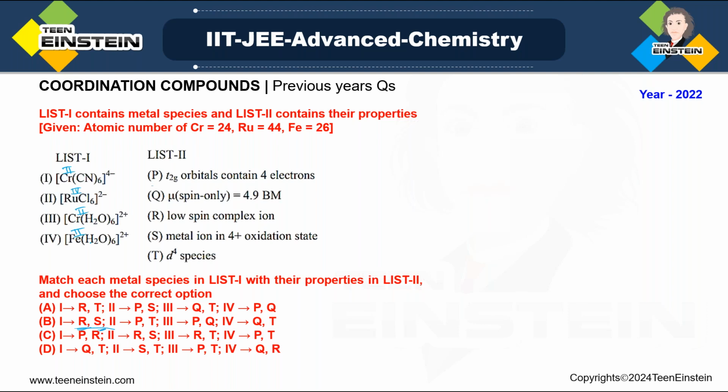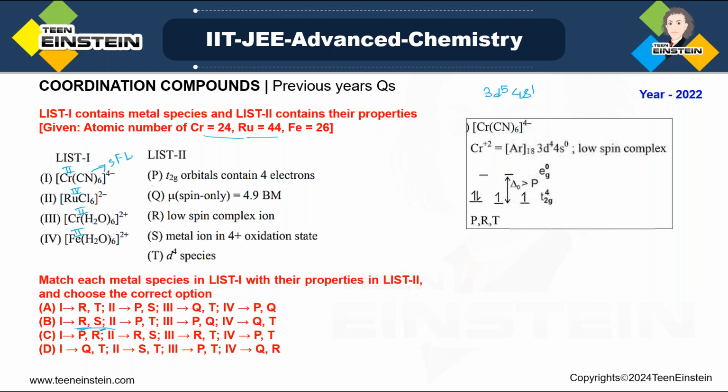Now when chromium is 2 plus, under normal condition, the atomic number is given. After argon, it is 6 electrons extra, and for chromium, the configuration is 3d5 4s1. Why is it so? Because of half-filled stable configuration. Now, when it is chromium 2 plus, that means it will be 3d4. Now, for 3d4 with cyano, which is a strong field ligand,